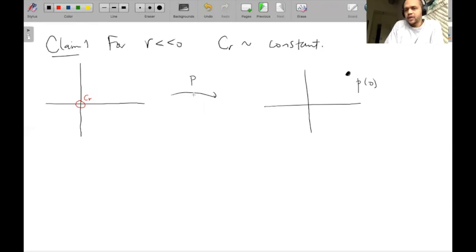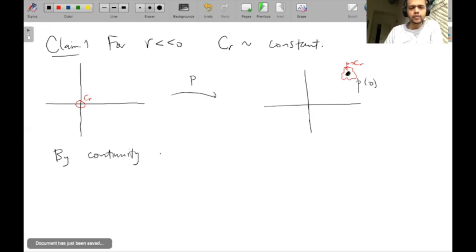Otherwise, if P of 0 was 0, then 0 would be a root, and there are no roots. And so C of R, whatever it is, by continuity has to be close to here. So P of C of R, by continuity, P composed with C of R is contained in a ball of some radius